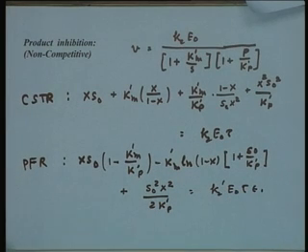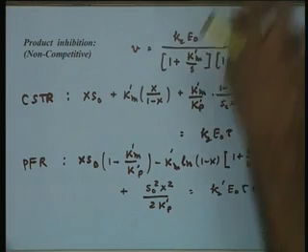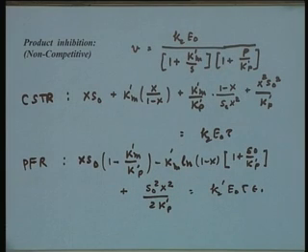So basically, when the enzyme is subjected to inhibition by excess substrate, it is more serious in the case of a plug flow reactor. The effect of inhibition on the reactor performance is more detrimental in the case of PFR, but the situation can be slightly improved if you use intermittent feeding.